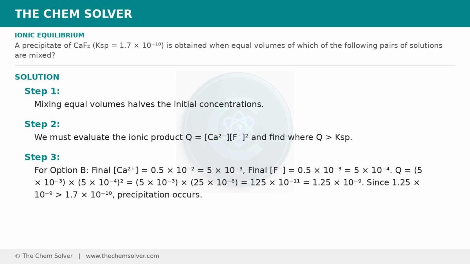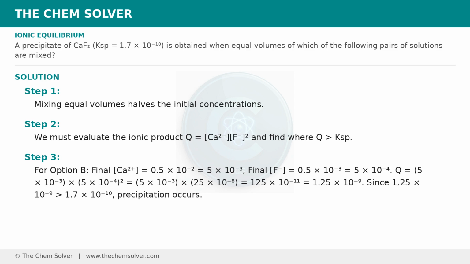Mixing equal volumes halves the initial concentrations. We must evaluate the ionic product Q equals [Ca^2+][F^-]^2 and find where Q is greater or less than Ksp. For option B, final [Ca^2+] equals 0.5 times 10^-2 equals 5 times 10^-3, final [F^-] equals 0.5 times